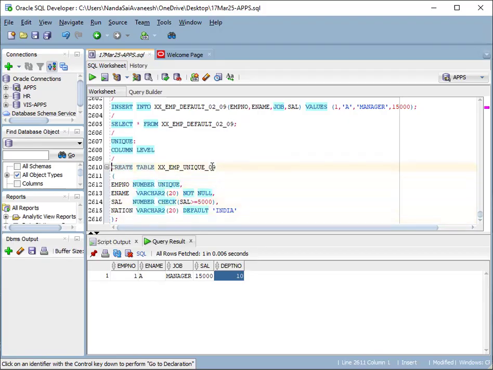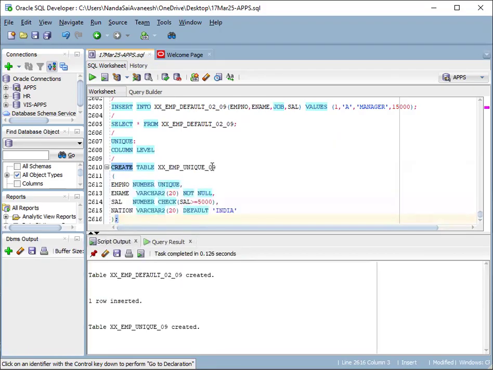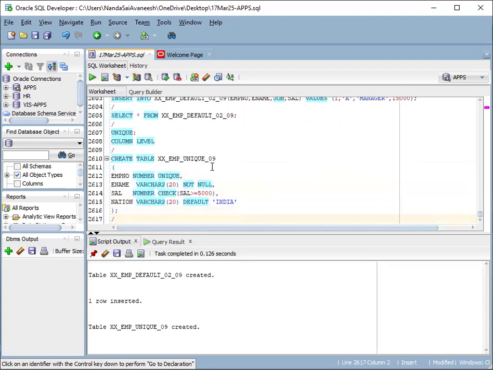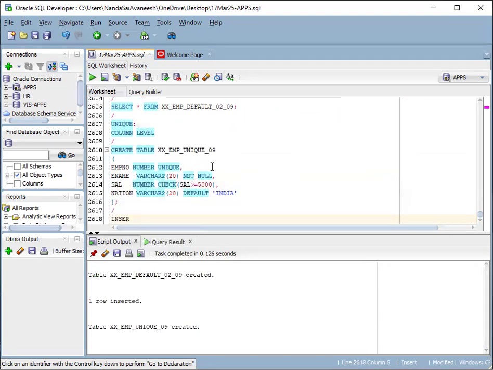Okay. So in this, this is the table I am going to create. In this I am using the unique constraint, not null constraint, check constraint and default constraint. All the constraints I am using here. This is at the column level. That means after each column, we are providing the constraint here. Okay, table is created. Now insert into this table